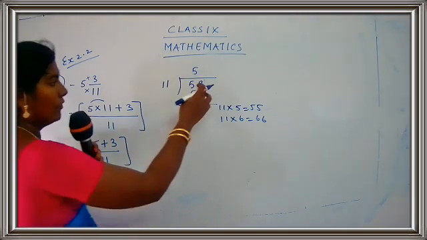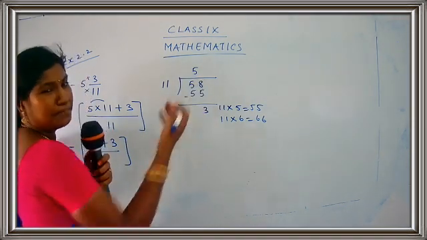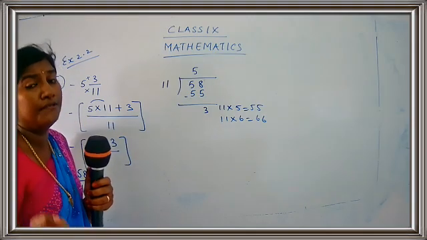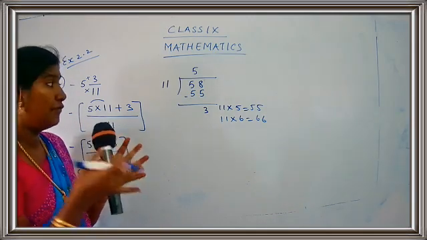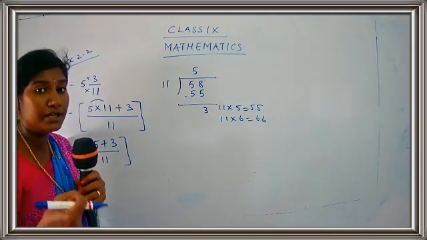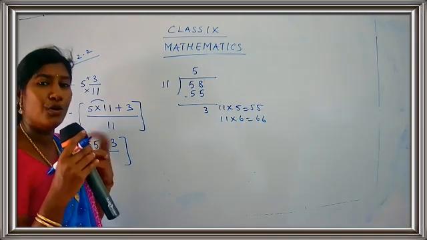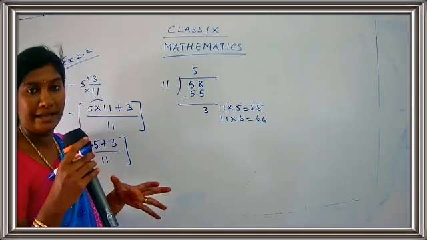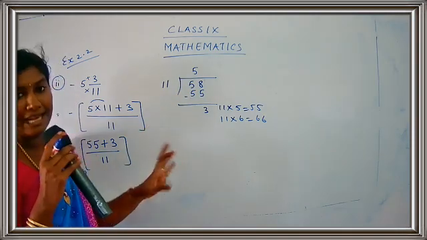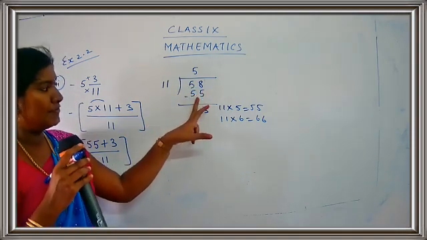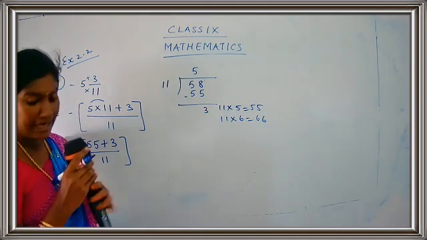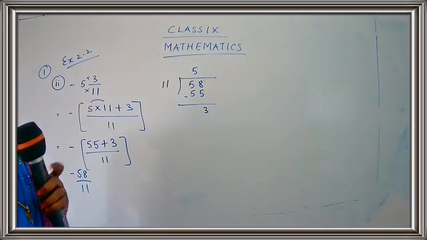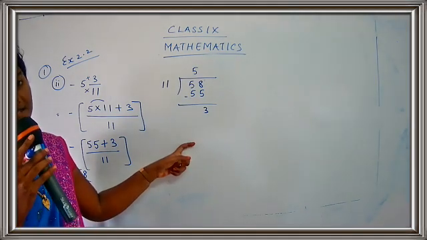Okay. Now 8 minus 5, 3. This is a simple calculation. From 58, you are going to remove 55. From 58, 55 is removed. So what will be the answer, children? 3. Wherever you are able to do the calculations directly, mentally, you can do it directly. Okay, no need of showing any calculations. So 58 minus 55 is 3. So I have written it here directly. Okay, now 3 doesn't go in the table of 11. We don't have 3 in the table of 11.